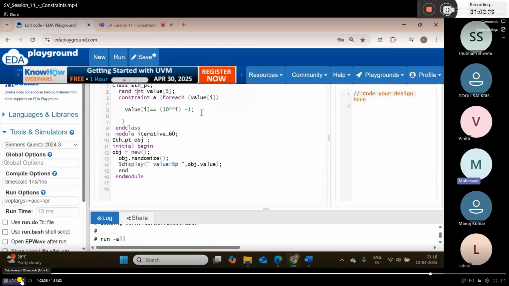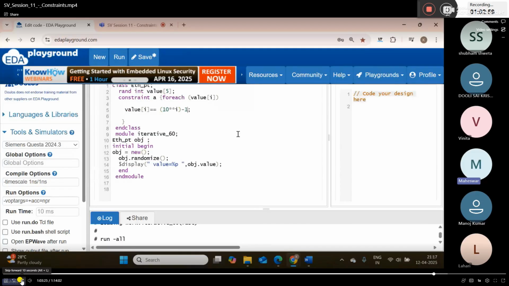Next, i location is 1. So 10 to the power 1 minus 1 is 9. Or else you can use this thing also, 9 into i. But that time you will not get exactly this thing. So that's why I use this logic. If you give 9 minus 9 into i, that means 9 into 9 power 2, 9 power 3, those values